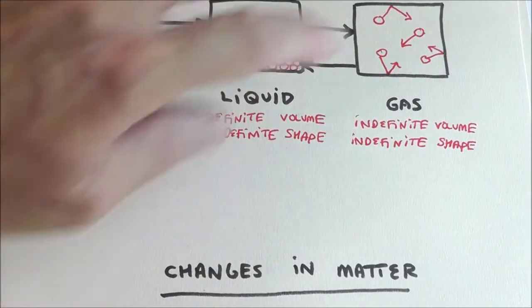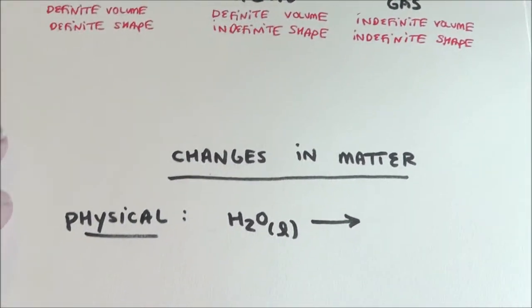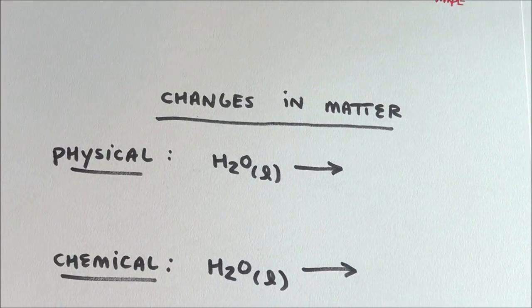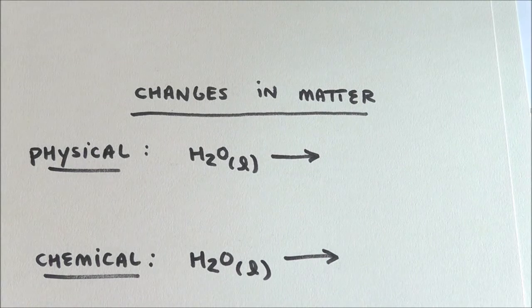Next, we're going to talk about changes in matter, and I want to talk about the arrow. When we have matter going through a change in chemistry, first of all, we have formulas. So I took one that you're familiar with. Everybody knows what H2O is. Do you notice when we write a formula, sometimes we write in subscript the phase? So that L means that it's a liquid. And I did that for both. The arrow means becomes or yields or changes to become. So that's kind of the language of chemistry.